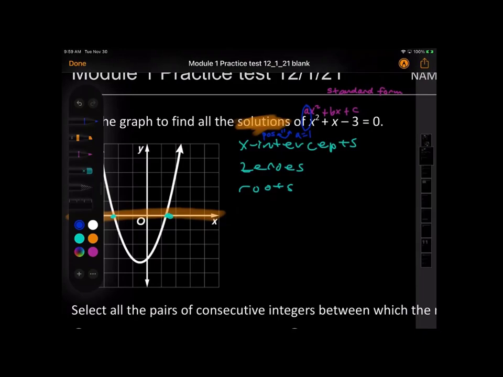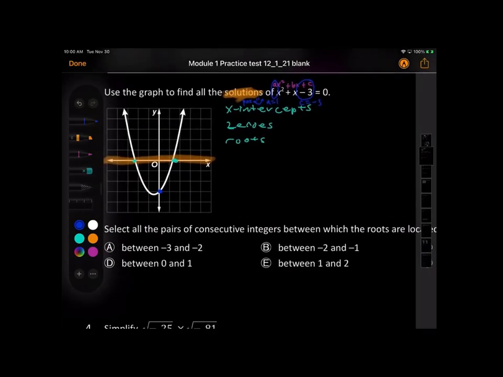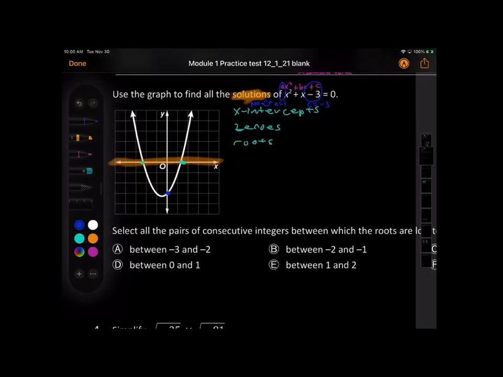The other one I wanted to point out was that the C value is -3. And you'll see that in our y-intercept. Okay, so that was just a quick review of standard form, what they gave us. Now, obviously, this problem you can't factor. How do I know that? If you try the Xbox method, you'll notice that there are no two numbers that multiply to be -3 but